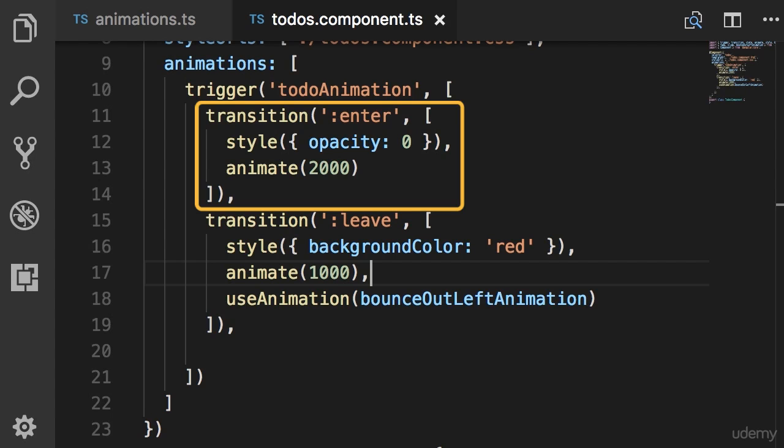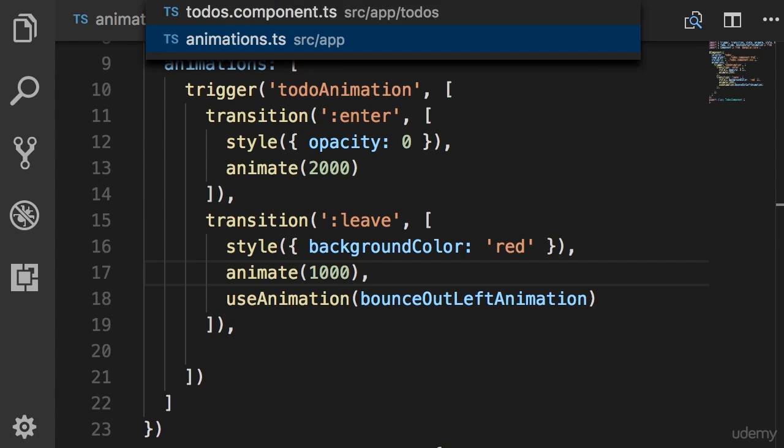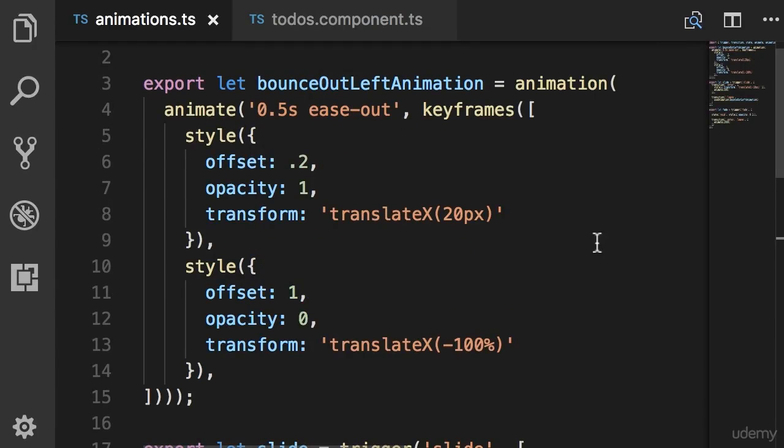So in our custom to-do animation, we have duplicated the implementation of the fade-in effect. Let's go ahead and refactor this. Back to our animations module. Down the bottom,